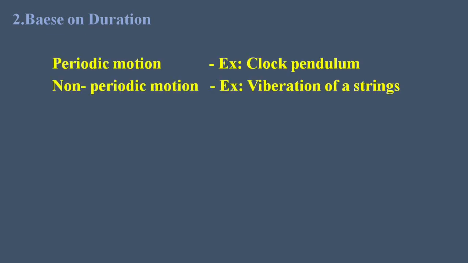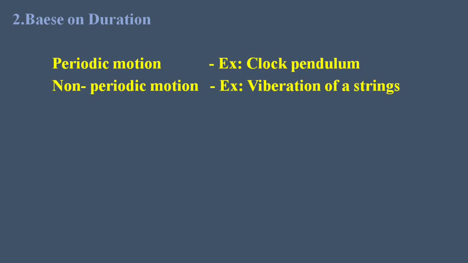An example of periodic motion is a clock pendulum. In a clock pendulum, the motion is repeated at equal intervals. It will reach the same position in equal intervals of time. That's why we mention it as periodic motion. We can calculate it by counting using time. Non-periodic motion means we cannot calculate it. See, if a string is vibrating, in that vibration we can't tell how much time it takes. Will it reach its own position or not? We don't know. The speed also will differ based on our vibrating. So it's a non-periodic motion.